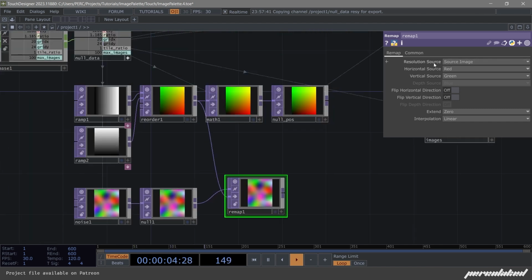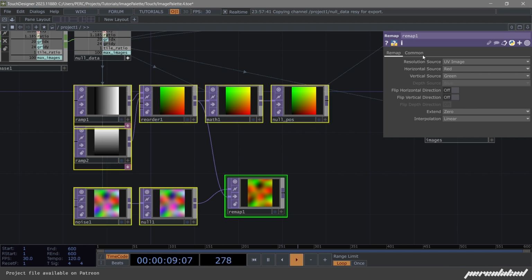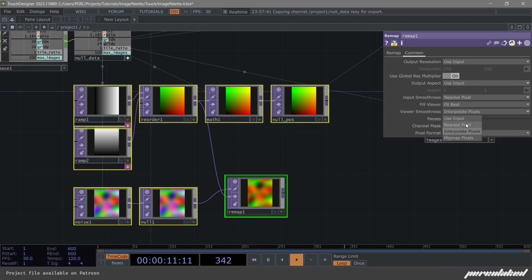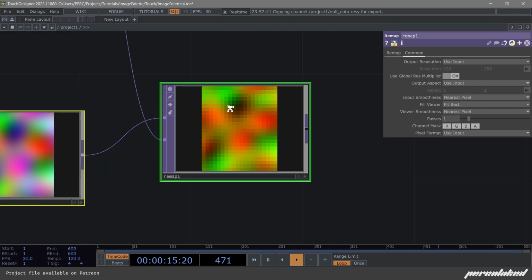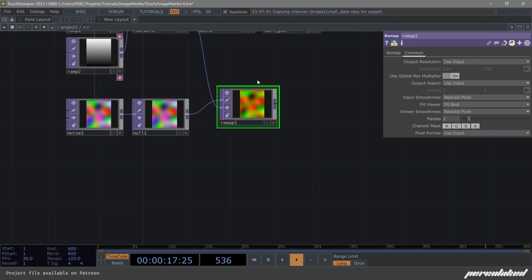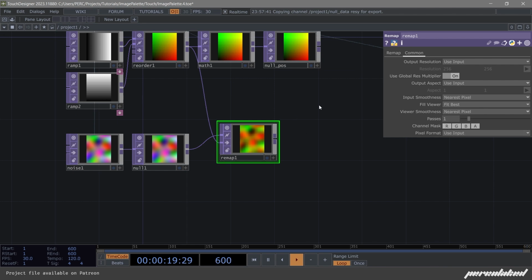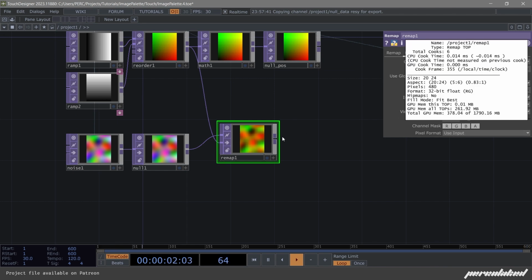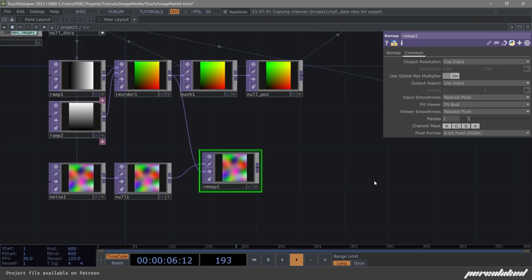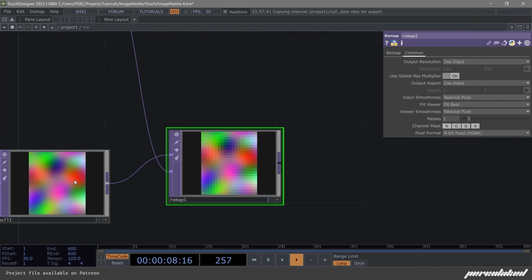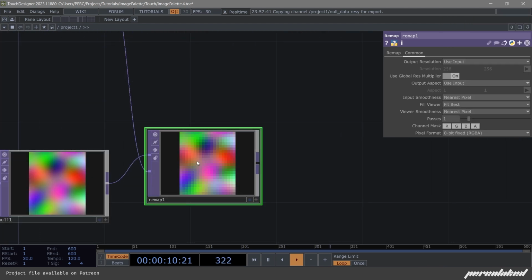And we should set this, instead of source image, to UV image. Let's make all of this nearest pixels so we can see better that this is now a grid, a lower resolution grid. And the colors aren't right because this is now an RG texture like this one. We should set it back to 8-bit. And there it is, our initial texture, but